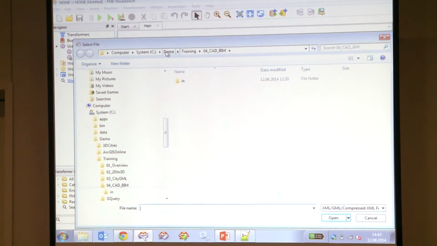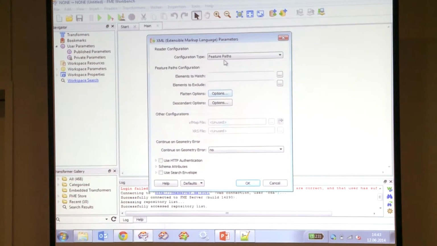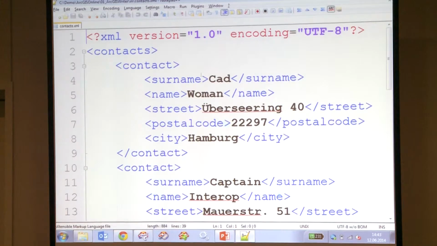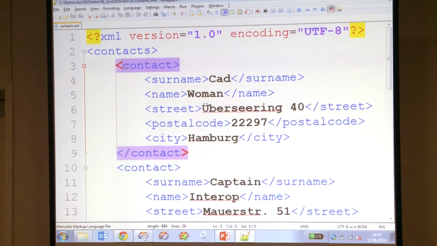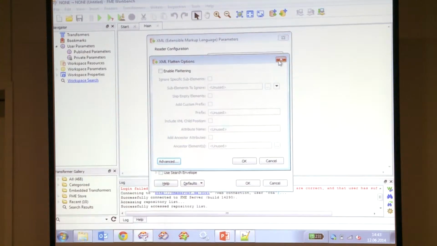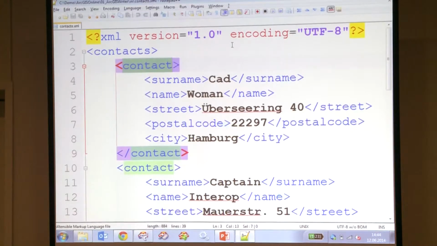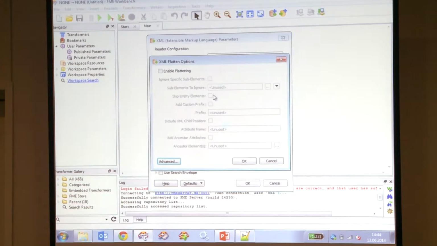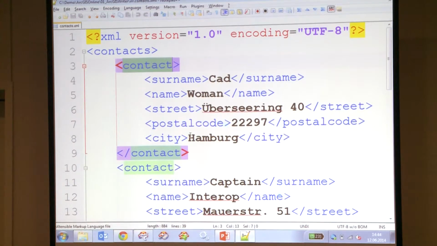So here we are. This is not the right way. Just in here are the contacts. Then I'm using feature path to tell the reader not only to read the contacts. This is exactly what I have here. I should skip the S. So this is what I want to have, the contact. Oh, sorry, it's still a mistake. Not contract, but contact. That's better, right? Cool. Okay, then I'm going to enable the flattening,